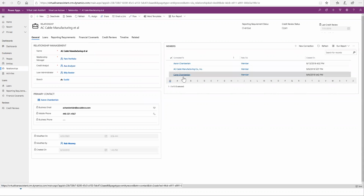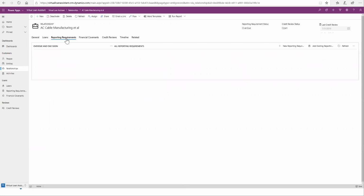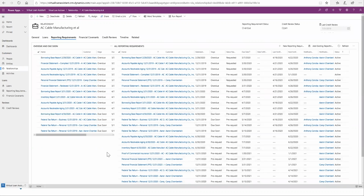Here you can see the members of the relationship. And then we go to the reporting requirements tab. And right up front, if we look on the left here, these are the items that are overdue. And right below that, due soon. So on the left-hand panel, overdue and due soon requirements. On the right-hand panel, all reporting requirements. Okay, so a simple way for that lender to understand exactly what she needs to collect, if anything, from a given